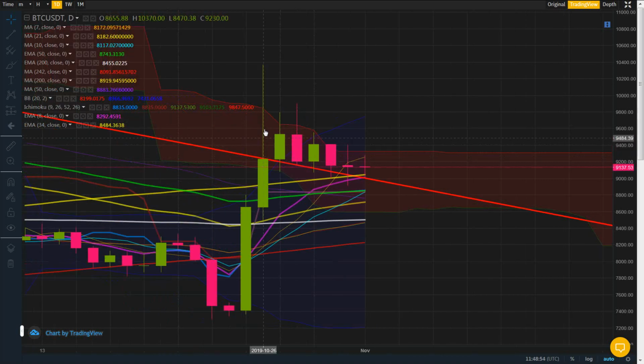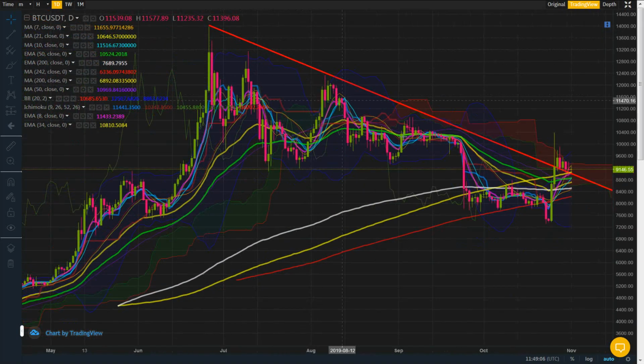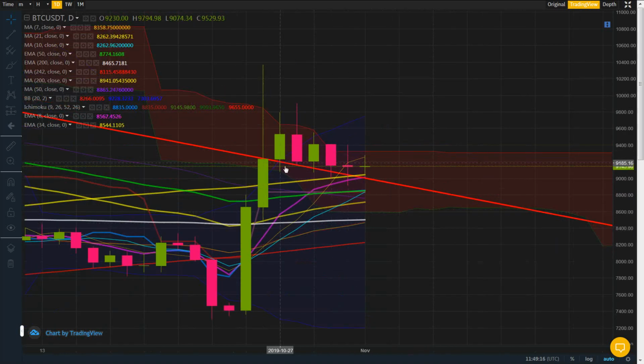So this would be, to me, the retail FOMO getting involved after such a big move and closing back down perfectly underneath the descending trend where we have been rejected from each time. Now, because we're making lower highs and lower lows on the daily chart and finding our support on this level here, I think there's a very strong chance, despite the way that this whole chart looks,